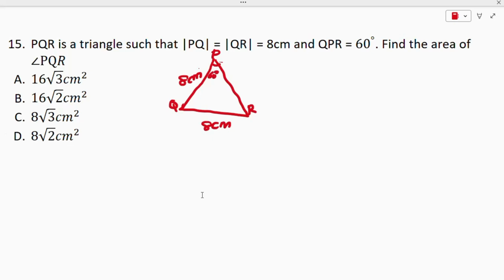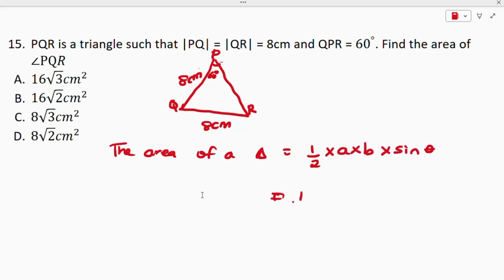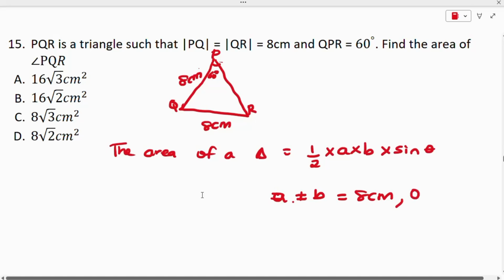So we have to find the area of the triangle PQR. Now the area of a triangle is given as 1 over 2 times a times b times sine theta, where a is equal to b, and this is equal to 8 centimeters from the question right here. And from the question we know that theta is equal to 60 degrees. So therefore we have that area is equal to 1 over 2 times 8 times 8,